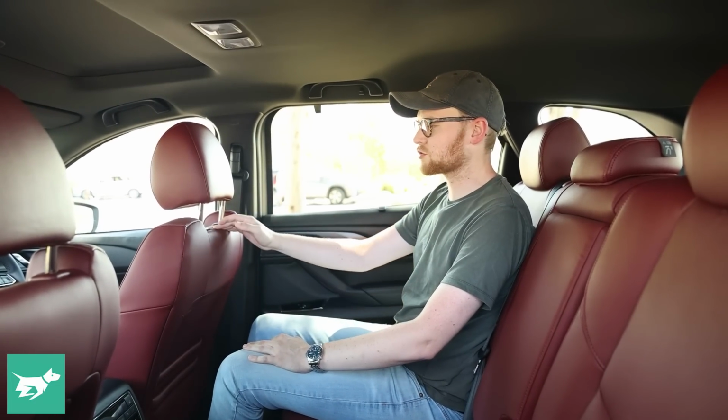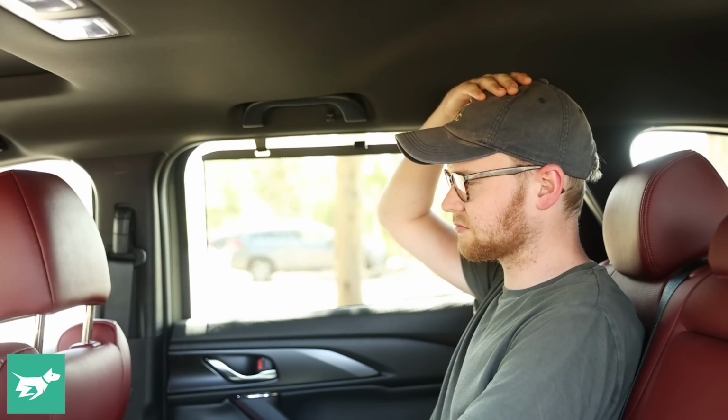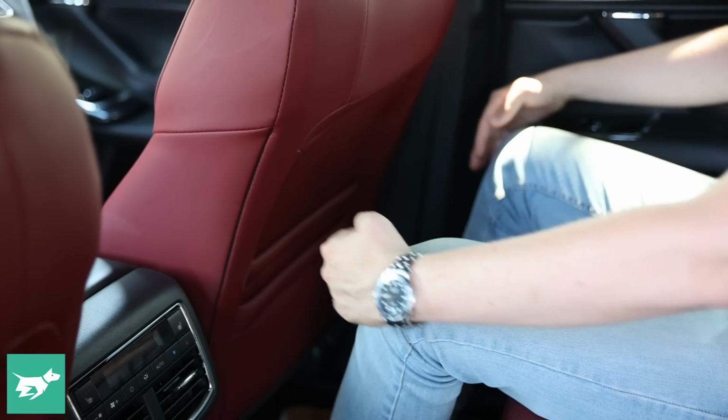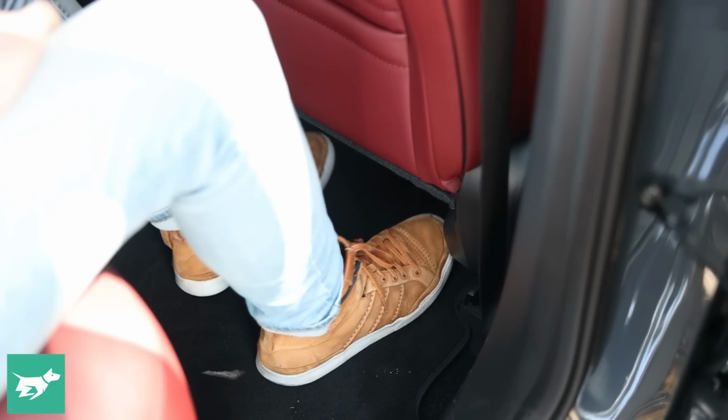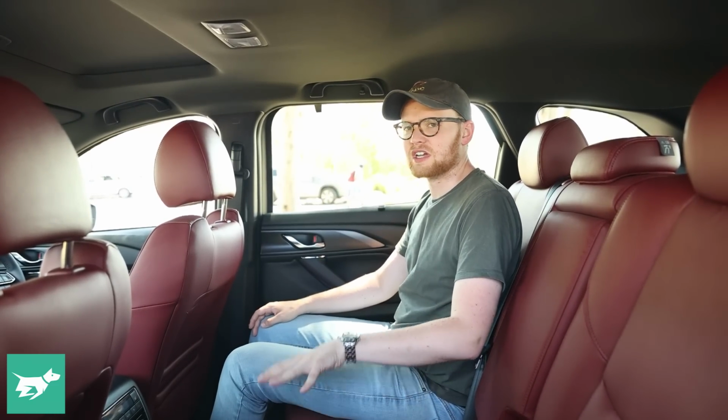And the middle row is a good one. Space is excellent, so I've got my driving seat in my own position. I've still got good headroom, another couple of inches despite the sunroof. Legroom is really capacious, and toe room is good too. Now you can get someone in the middle, it's not too much of a perch,